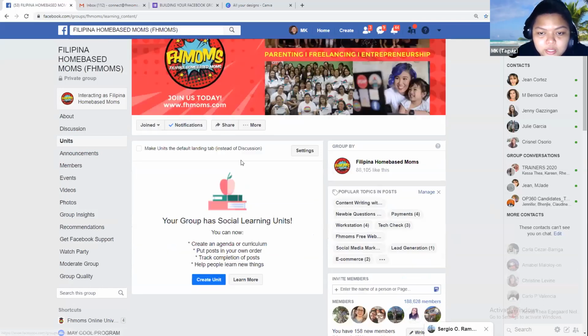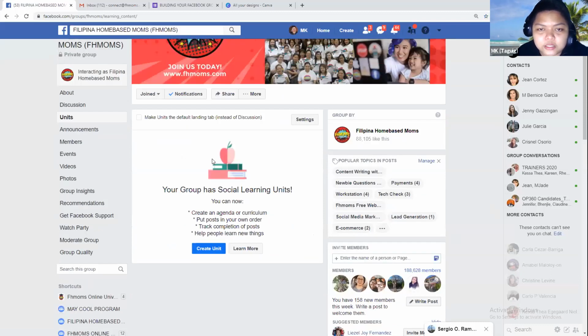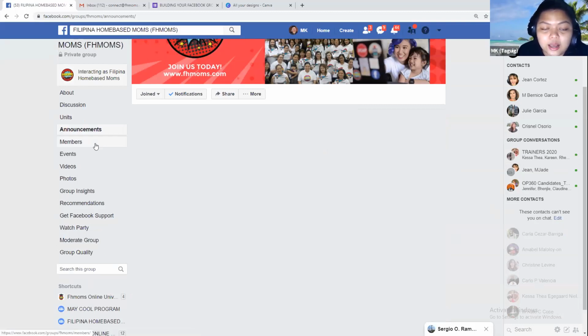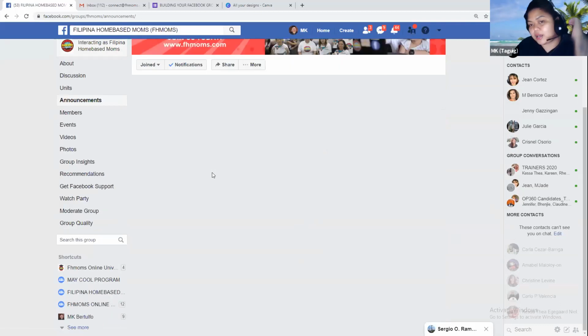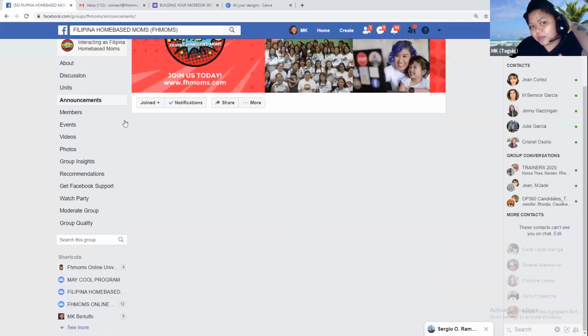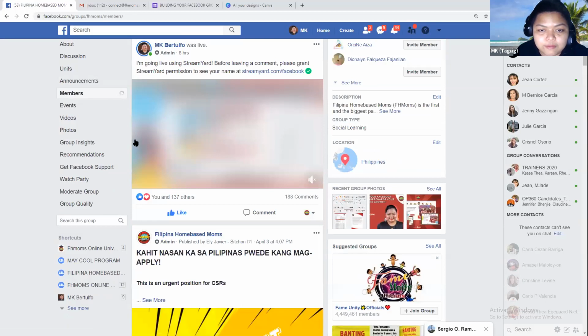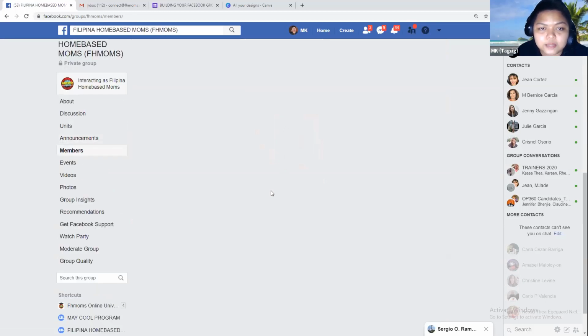Unit section dito, wala kaming unit section, pero this is useful especially for groups na maraming content or e-learning, no? So for example, gusto nila itong module 1, andyan yung mga subtopics, yan, pwede yan. And then the announcement, you can mark the post as an announcement para mapunta siya dito. So lahat ng mga important na announcements, dito siya papasok, okay? Sa announcement tab. And then your members' info can be found here sa members section or tab.